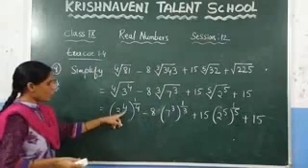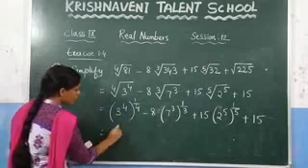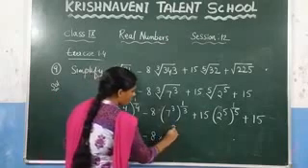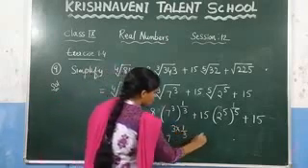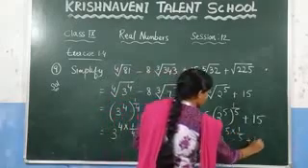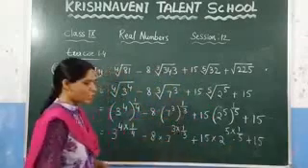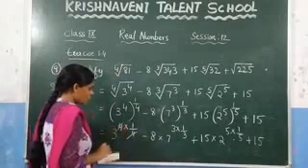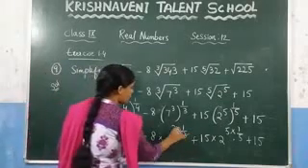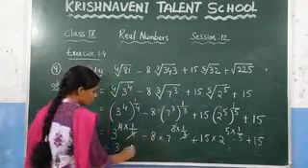Now it is in the form of a power n whole power n, so you can multiply these two values. So what do we get here? 3 power 4 into 1 by 4 minus 8 into 7 power 3 into 1 by 3 plus 15 into 2 power 5 into 1 by 5 plus 15. Since it is in the form of a power n whole power n, we multiplied these two values. Here this 4 will get cancelled. You will get 3 power 1, which is nothing but 3, minus, here this 3 will get cancelled. And what is left out here? 8 into 7. 8 7s are how much? 54.